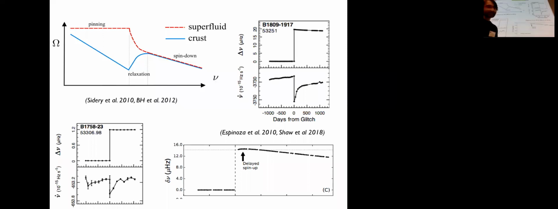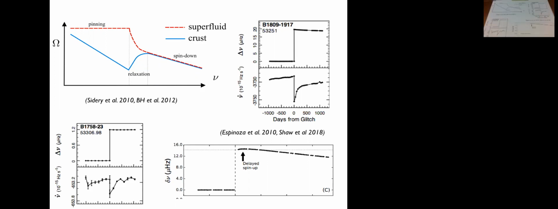So this kind of works, but the reality is that astrophysics is messy. If you look at different kinds of glitches in different pulsars, they actually all look very different. In the Vela pulsar, you do see something like this. You have this jump, and then you have an exponential relaxation after the glitch back towards the previous spin-down rate, which can be explained quite nicely with these models.